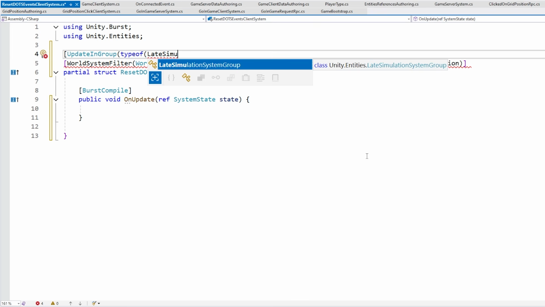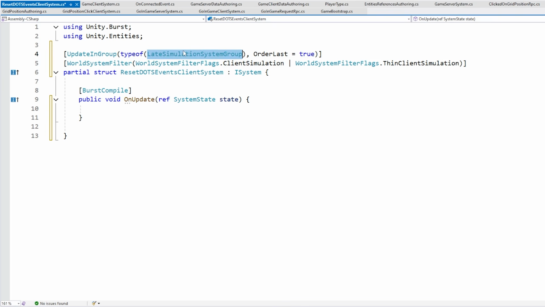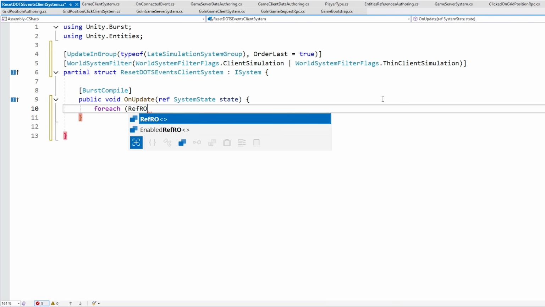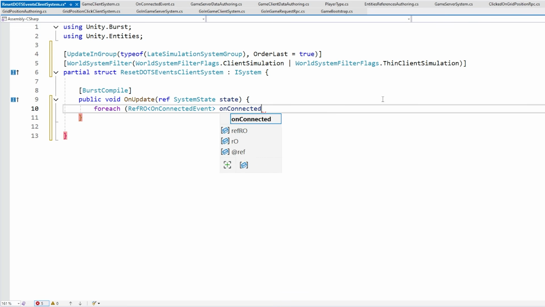So pretty much the same thing as a normal late update. So we can update in this group and then use the other optional parameter, in this case OrderLast. Let's set OrderLast equals true. So this system will run at the very end of this group, which is basically at the very end of the frame. Okay, so then on update, let's just cycle through that event. So do a foreach, cycle through the ref.ro for the OnConnectedEvent, call it onConnectedEvent, and